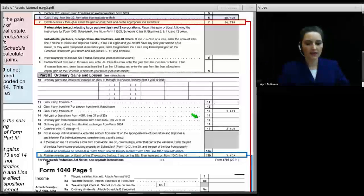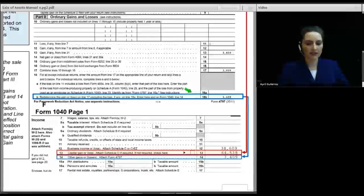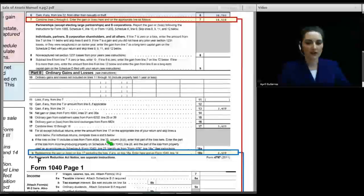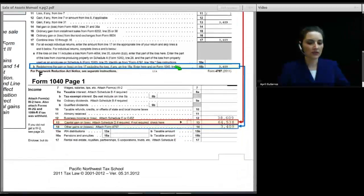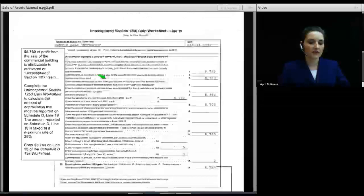And of course, the amount shown here on line 13 is ultimately going to carry to the Form 1040. This is a cutout of the 1040, and it's going to get entered on line 14. And this amount right here, the 64,538, that is capital gain, ultimately will end up being reported on line 13. And of course, we have to attach a Schedule D. And we're going to have to do some capital gain worksheets and so forth to figure out what the tax will be, which is the next part of this illustration, is to show you the recapture rules and